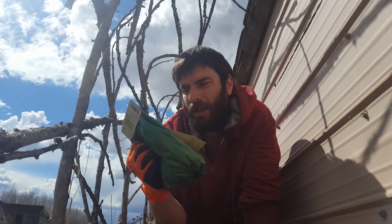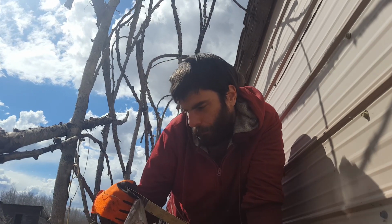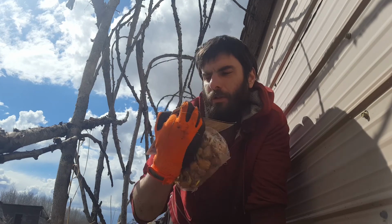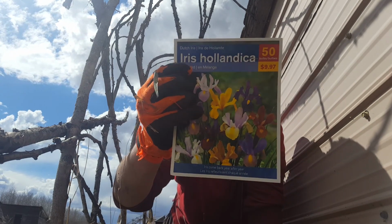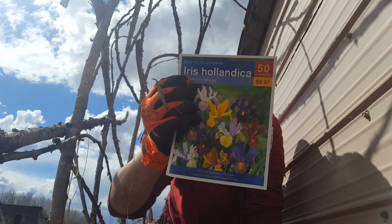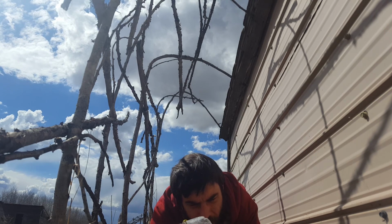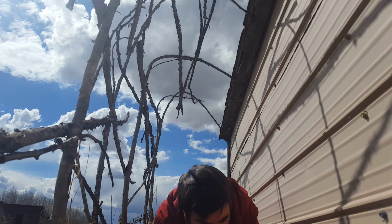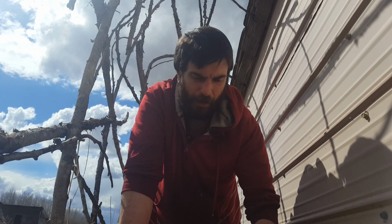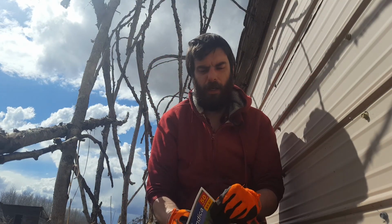We got these phlox, and we're gonna plant them somewhere else too. So we're gonna plant some irises. Let's just go with Dutch irises. And they're pretty. So we're gonna plant, I don't know, not all 50 over here. But yeah, so we're gonna plant some of these, and these just want to be planted, you know, it just says on the back. But for those of you who might have some bulbs,